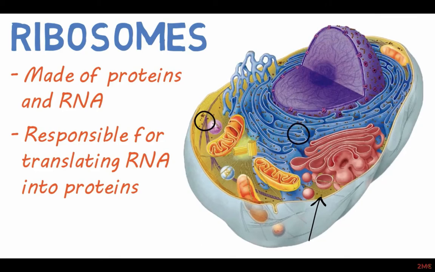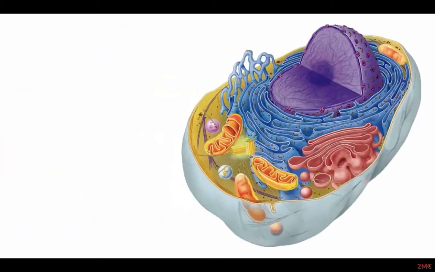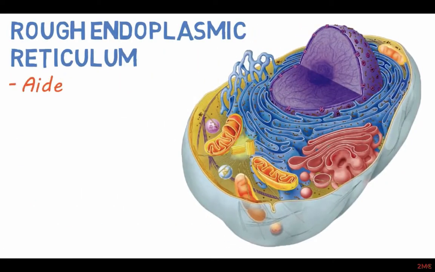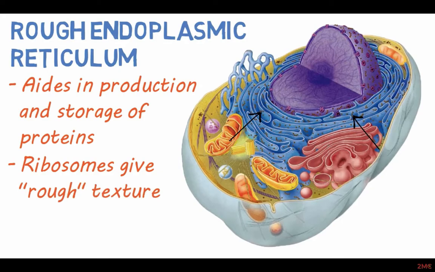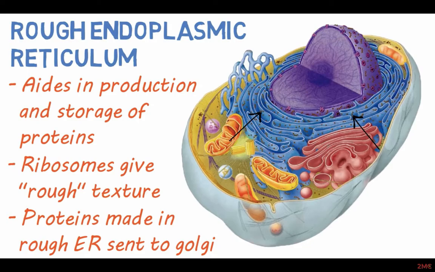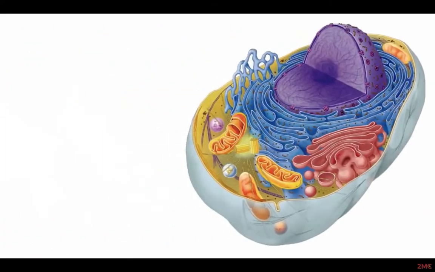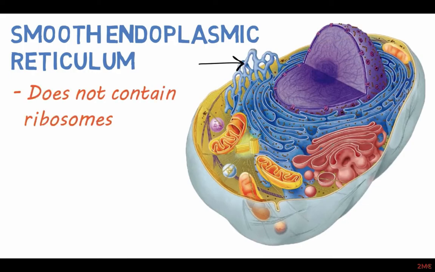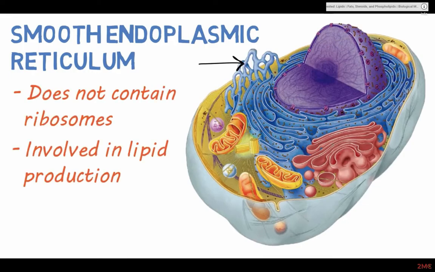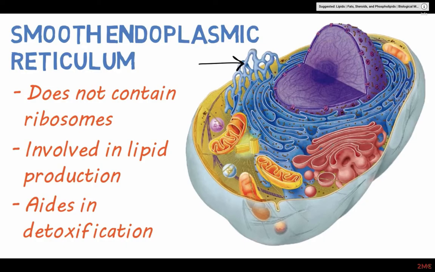This is our next structure, and there are actually two types. The rough endoplasmic reticulum aids in the production and storage of proteins that are made on the ribosomes attached to it. It's these ribosomes that give it its rough texture and name. Proteins made in the rough ER are then sent to the Golgi apparatus. The smooth endoplasmic reticulum, or smooth ER, does not contain ribosomes and is involved with the production of lipids and aids in detoxification. The